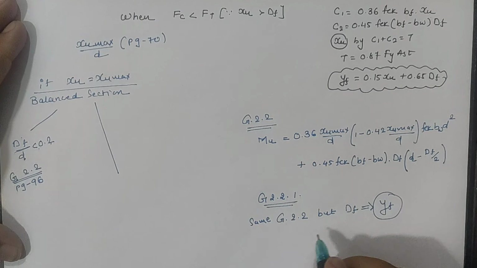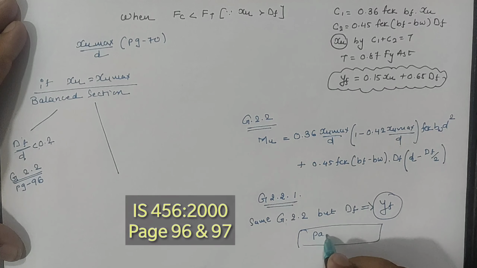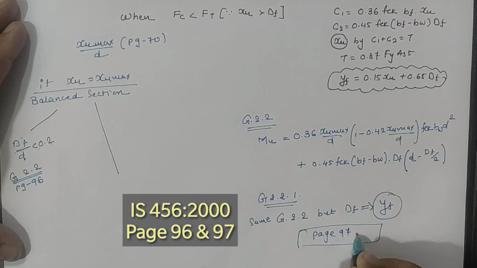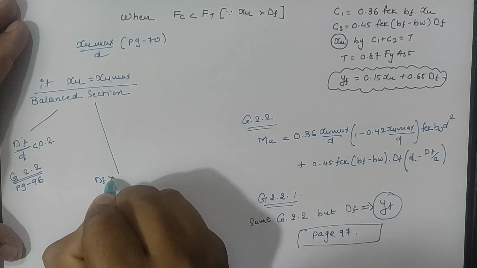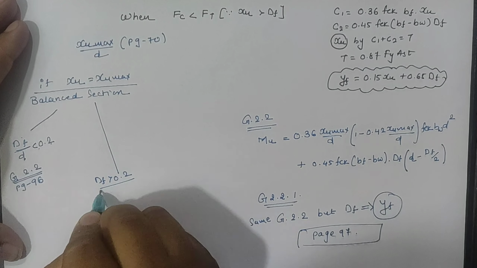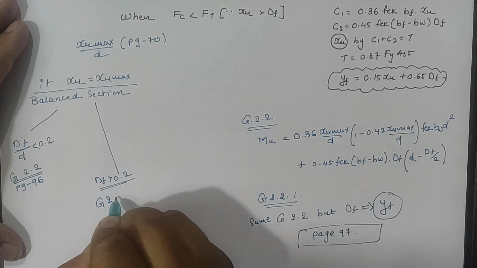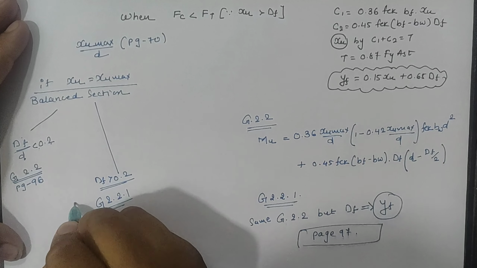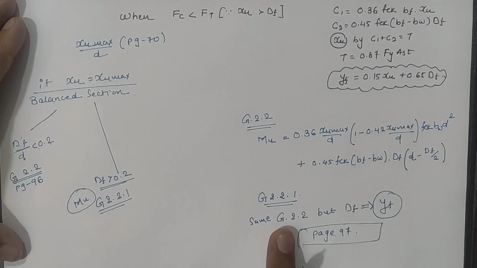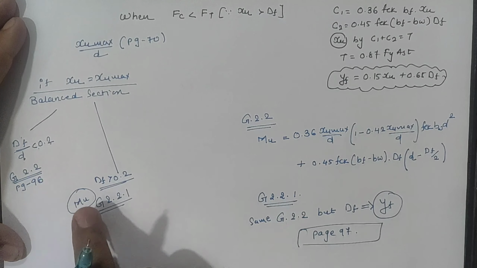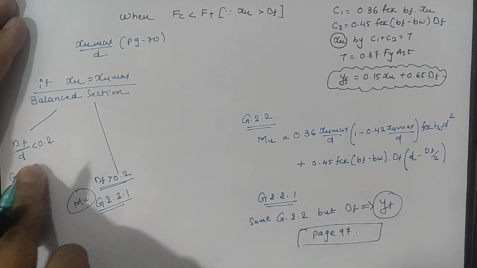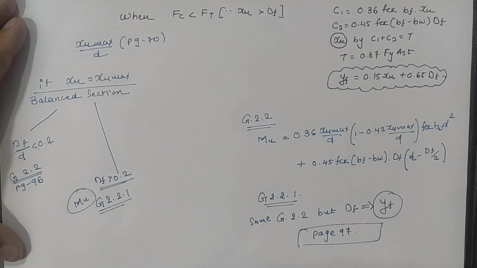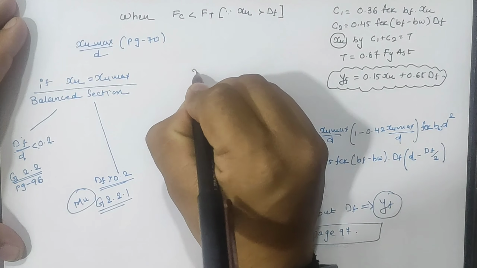Both equations are given at page numbers 96 and 97. But if DF by D is greater than 0.2, it means that we have to use G 2.2.1 for the calculation of Mu. So for the balanced section, we use the G 2.2 equation or the G 2.2.1 equation according to the DF by D ratio. Now the second case is, if